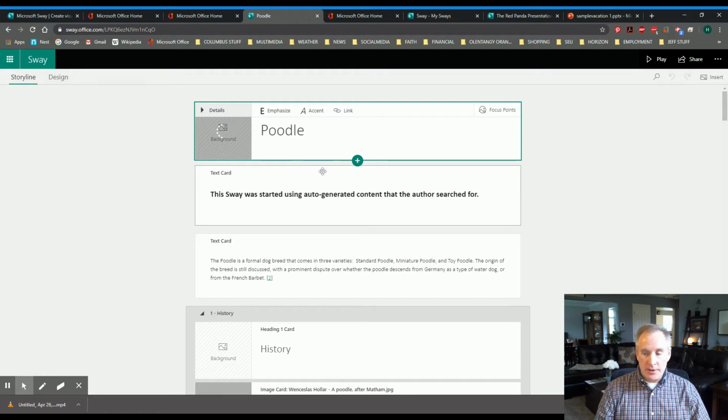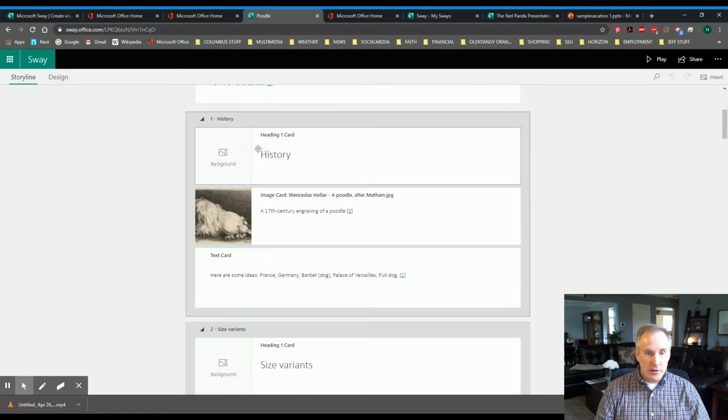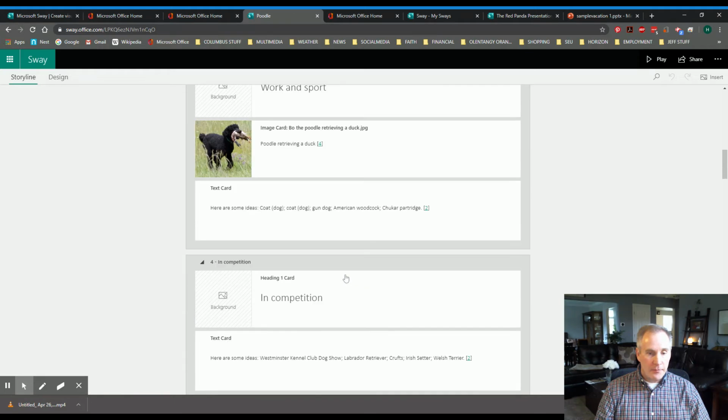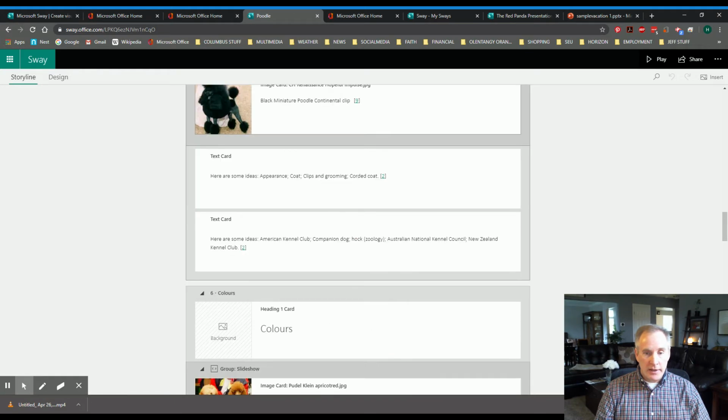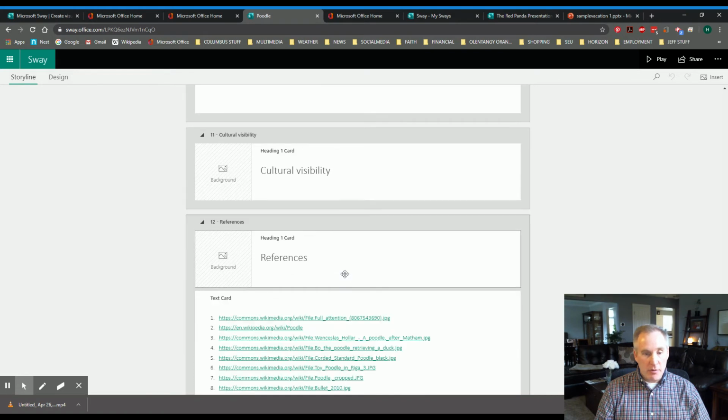What it's doing is it builds all this content in. You can scroll down through, and you have these cards. You have image cards, text cards, you have these content boxes, and this is the way it put it together. And now this is just literally the initial framework that it built. You can modify this, you can do whatever you want with it, but this is what it gives you to